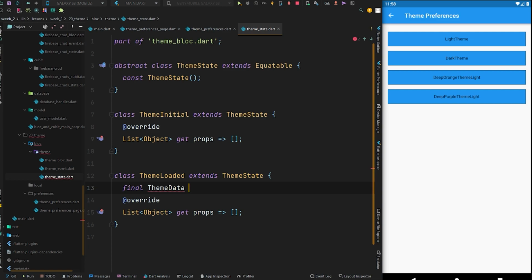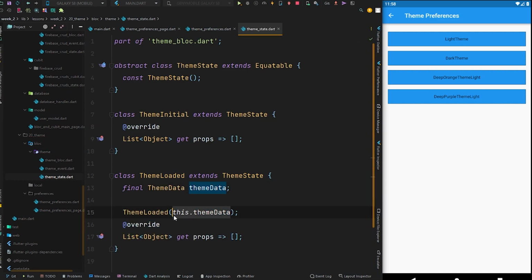This will give us the theme data so that we will pass it in the theme data of our material app. So simply this will change theme data of our app, and this will be theme data, and pass it in the constructor, make it named, make it required, and also pass it in the props